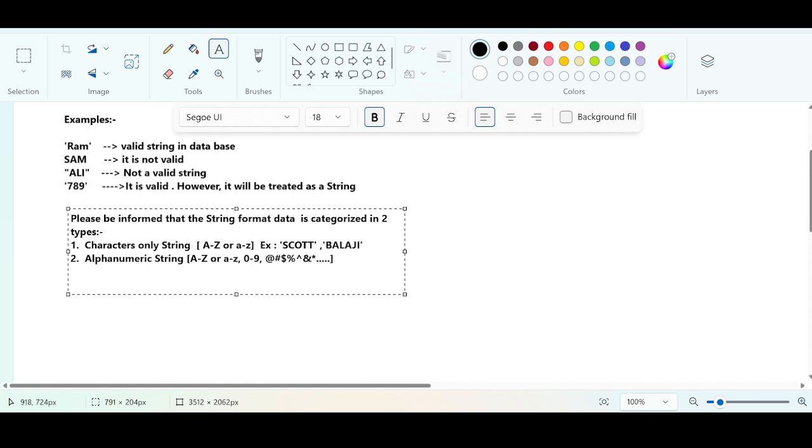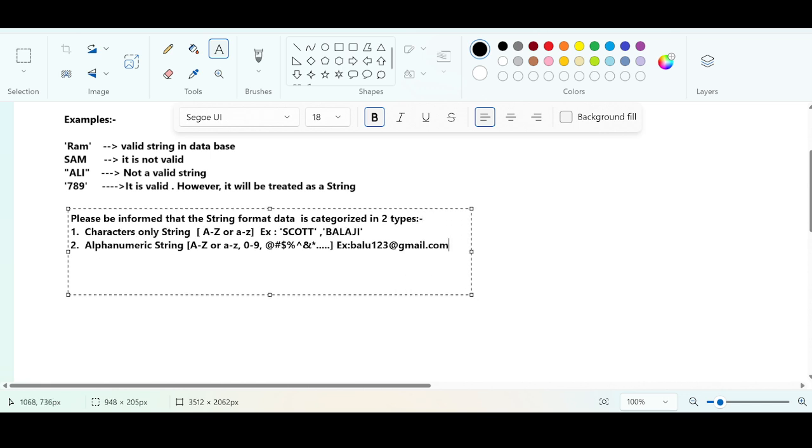Okay, and when you say a string is an alphanumeric string, this is the example. You would give an example like palu123@gmail.com. This string has characters, it has numbers, it also has a special symbol. So this is called what? Alphanumeric string. Again, it has to be enclosed in single quotes if you want to represent a